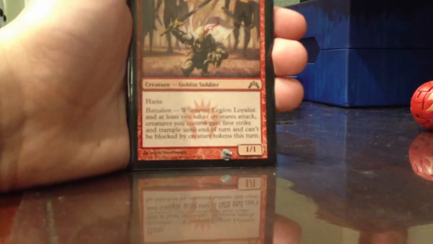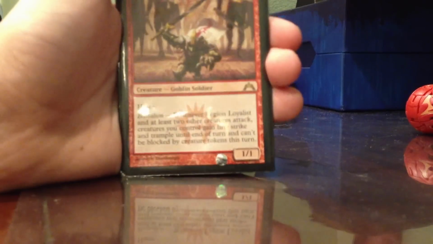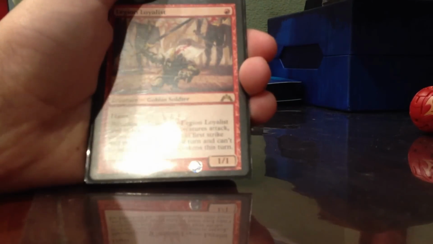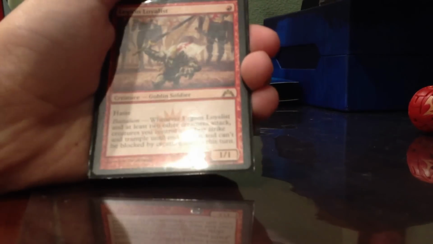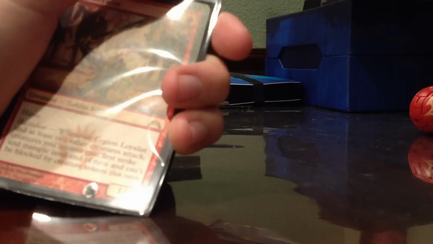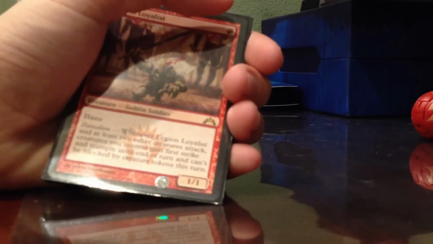Next we have Legion Loyalist. It's a 1 red, 1/1 with haste and battalion. Battalion, what it does is, when that creature with battalion and at least 2 other creatures attack, then a thing will happen. When that happens, all creatures get first strike, trample, and cannot be blocked by creature tokens. So it does totally shut out